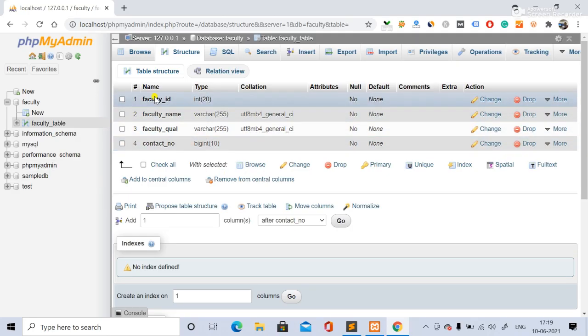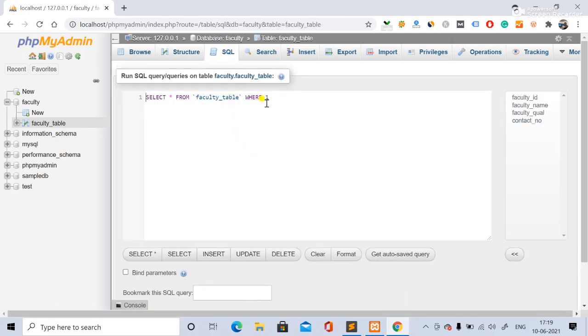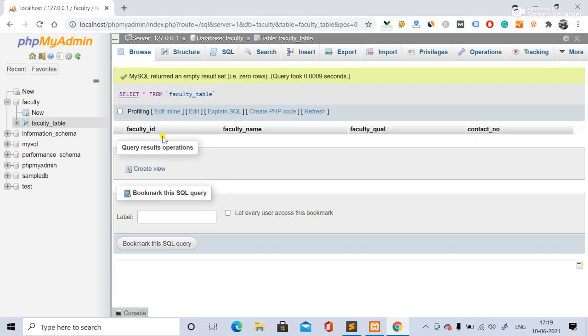Now we will insert the data. For inserting, you can go to this SQL statement, or you can directly insert it, but I will say that if you are learning the concept, then you should try to do it in a programming way like this.